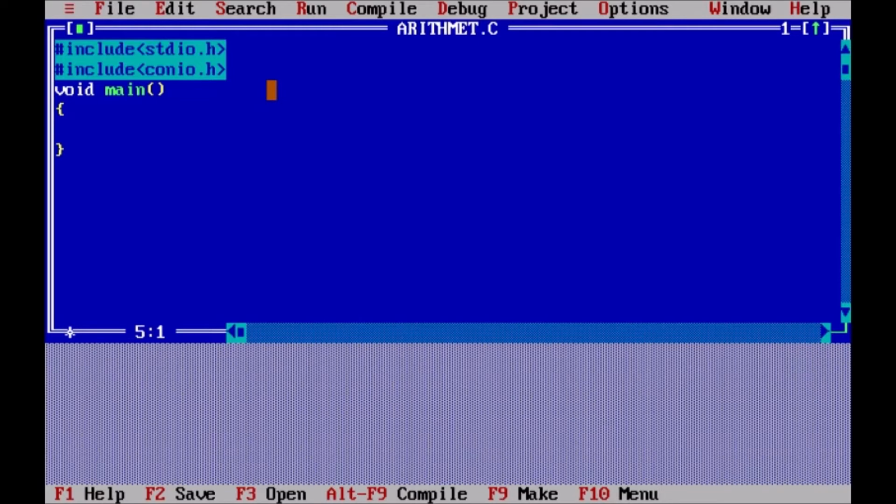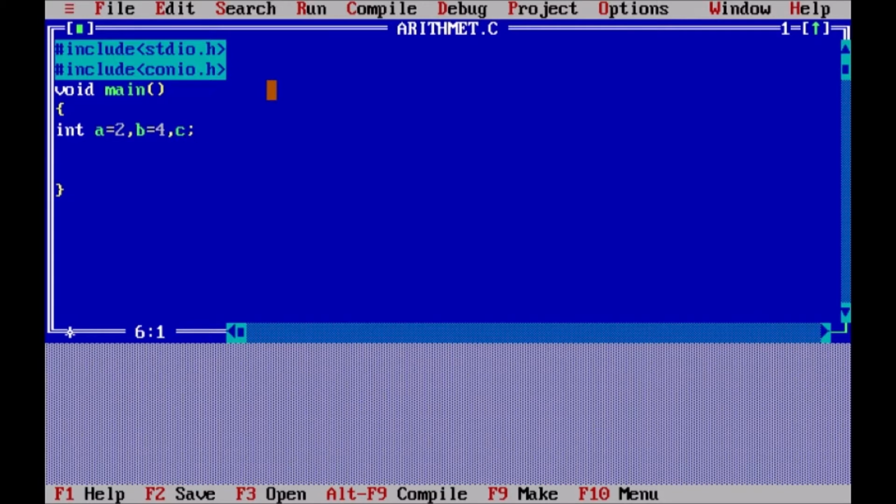So let's get started. For that, let us declare two variables of type integer. Let us assign some value to them, say 2, say 4. Alright. Now let us first perform the addition operation. To store the result of the arithmetic operation performed on these two variables, let us declare another variable C.